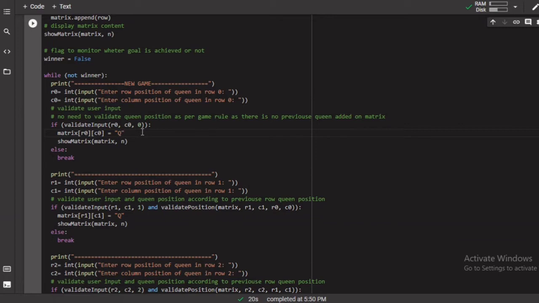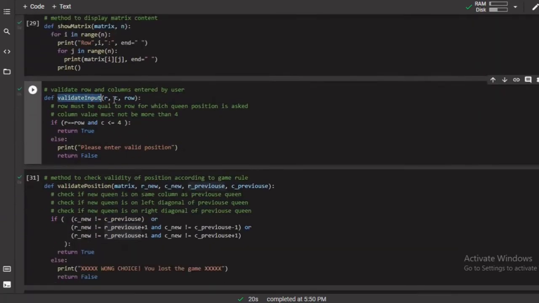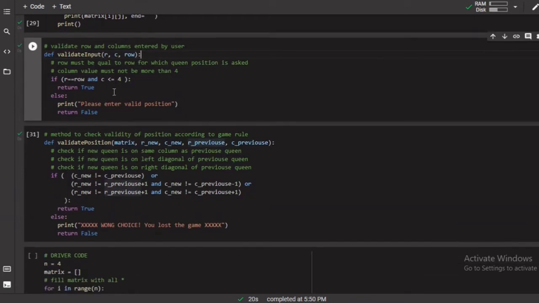Here the row must be equal to the row for which the position is asked. That means if the position for row 0 is asked, then the row value should be 0 only. So if r is equal to 0 and the column value is less than or equal to 4, then this will return true, and else it will print please enter valid location or input.